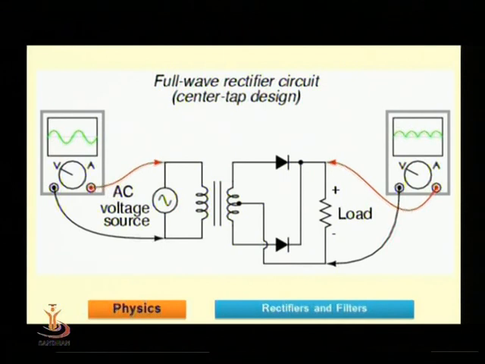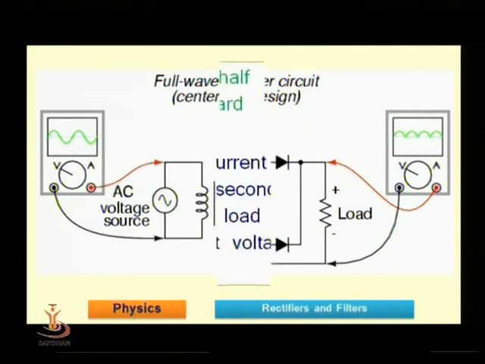Now one can compare the half wave rectifier and the full wave rectifier. In the half wave rectifier, what was the problem? During the positive half cycle, the diode conducts. During the negative half cycle, we are not getting any output, from pi to 2 pi. Now here, from pi to 2 pi, you are getting the pulse, the peak. Then from 2 pi to 3 pi we get it in half wave too. But as you move ahead, what we were not getting in the half wave rectifier, we are getting here.